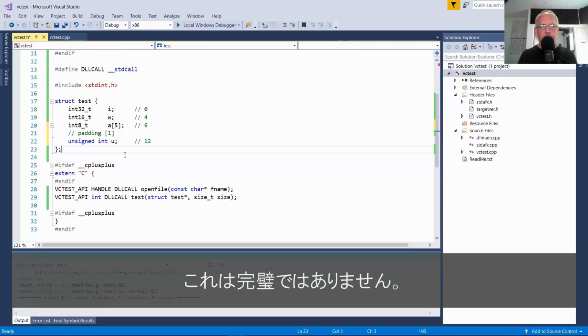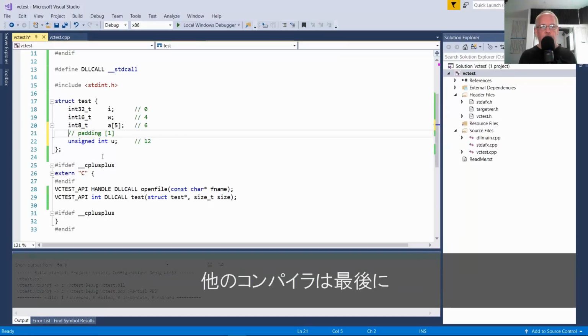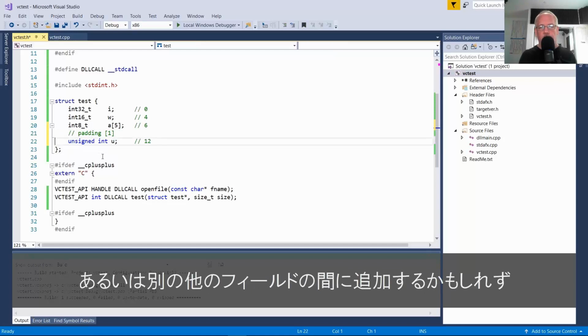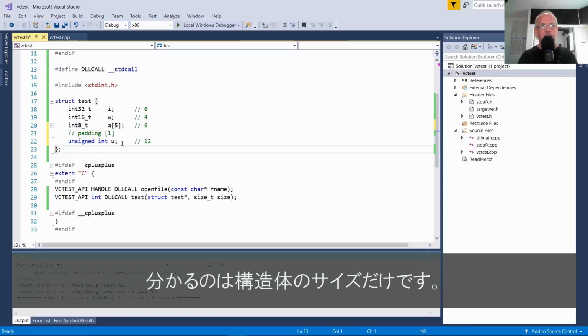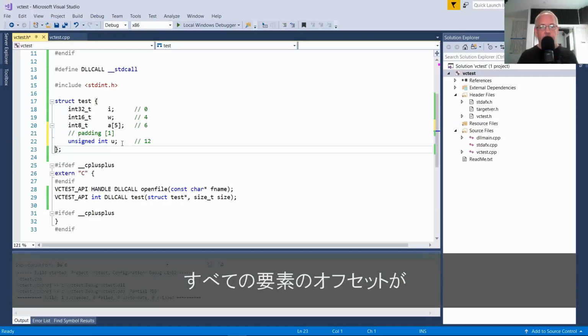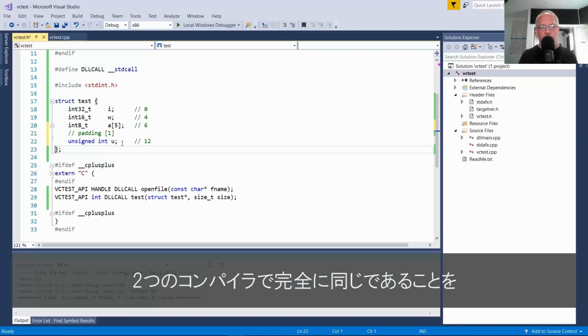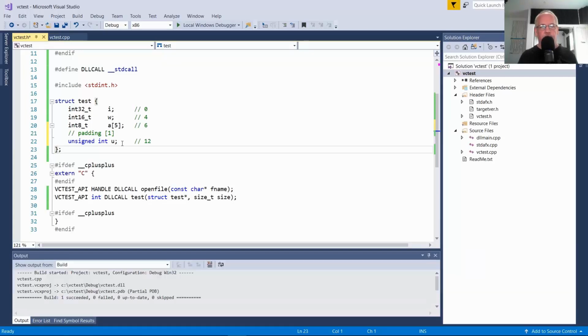It's not perfect. It's possible that one compiler could put padding here, and then another one could put it at the end or between two other fields, and you wouldn't know that just from the size of the structure. It's a good smoke test, but it's not a complete check to make sure that the offset of every element is exactly the same between the two compilers.